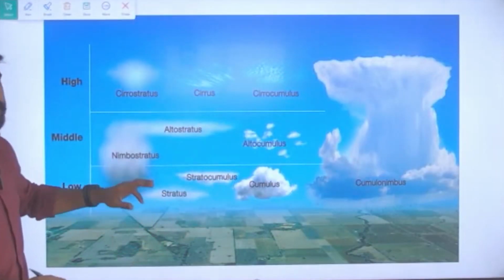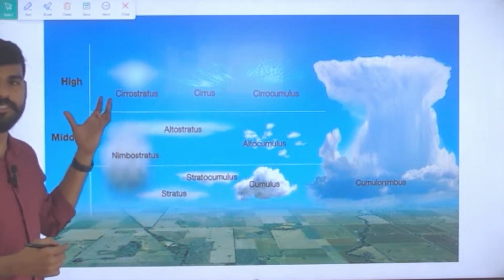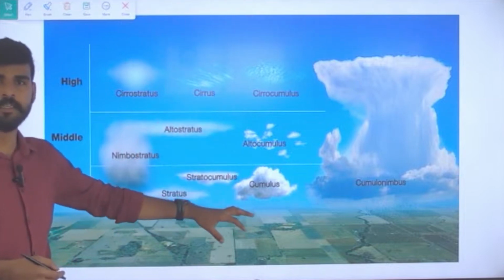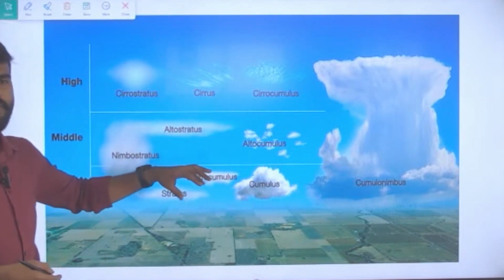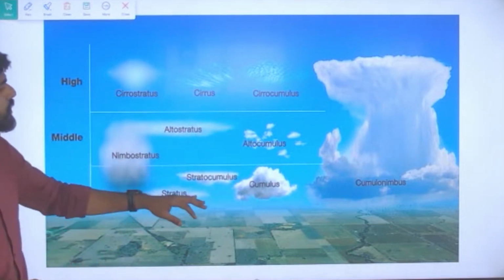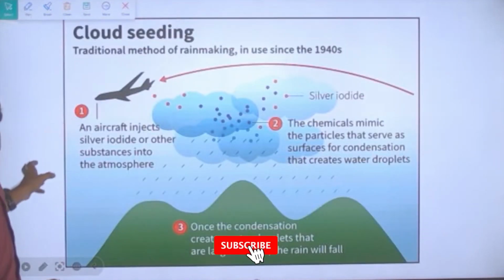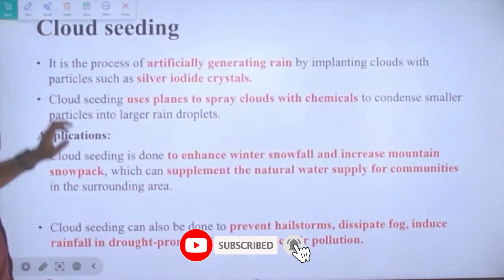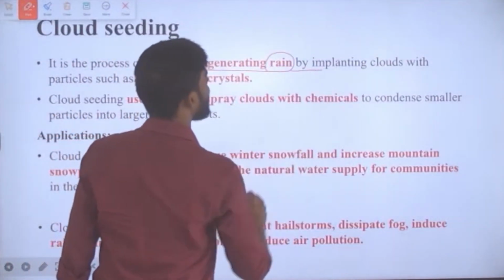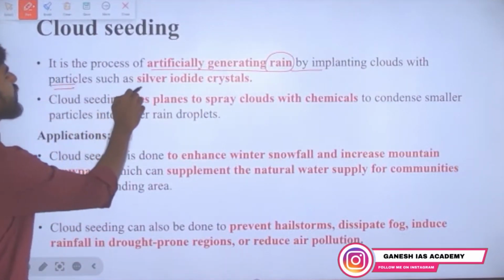And now let us get into the details of what is cloud seeding. Okay, because that is what the topic is, and here the cloud seeding is done in convective clouds, and these convective clouds are also known as cumuliform clouds. And there are three different types of cumuliform clouds, that is cumulus, cumulonimbus and cirrocumulus. Now let us understand what cloud seeding is. So cloud seeding is the process of artificially generating rain by implanting clouds with certain chemicals, okay, certain particles like